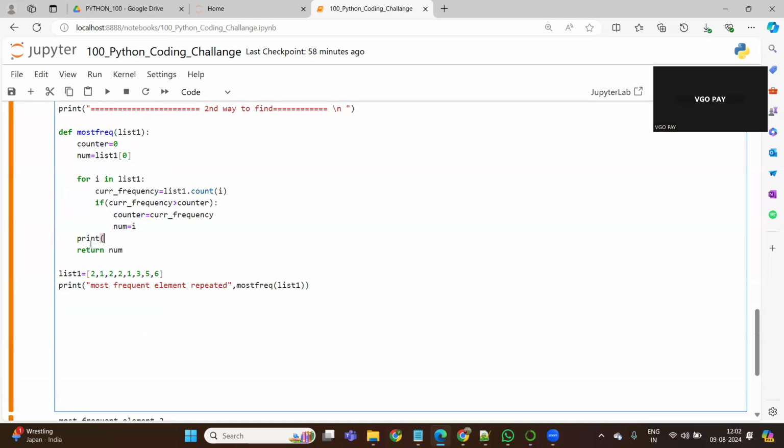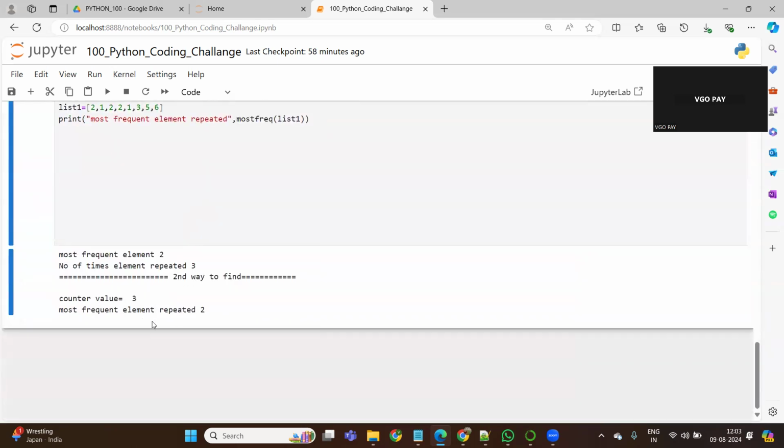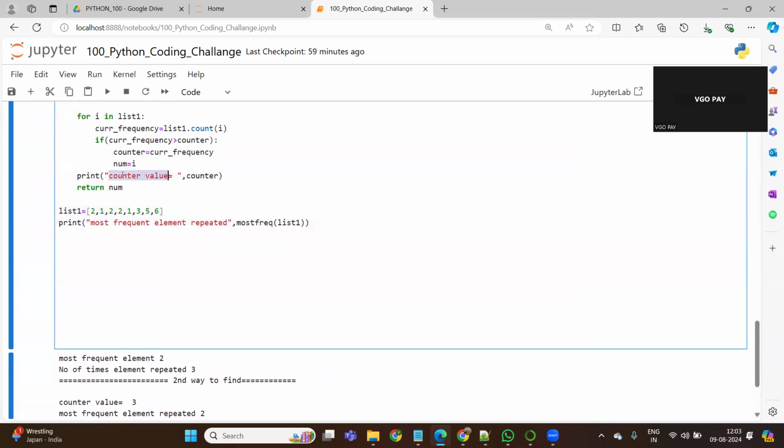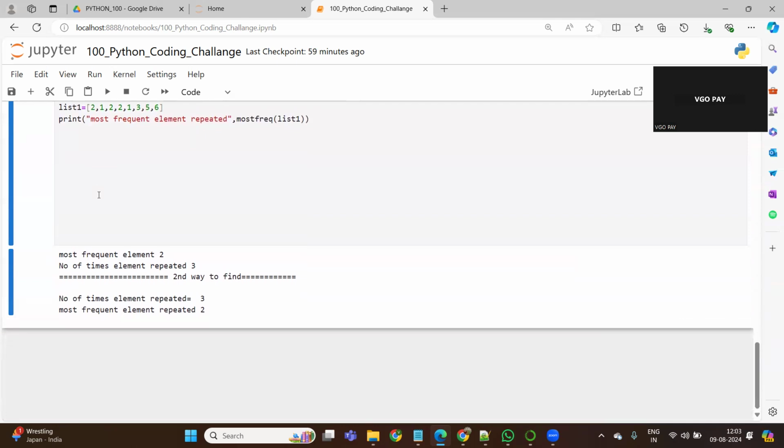Print of counter value. How many times the value got repeated? Number of times the value repeated is 3 times. This is the second way. This is the second way to find this one. This is the first way to find this one. Next, third way. There is a third way also we can write it. We can find this one. The third way is that